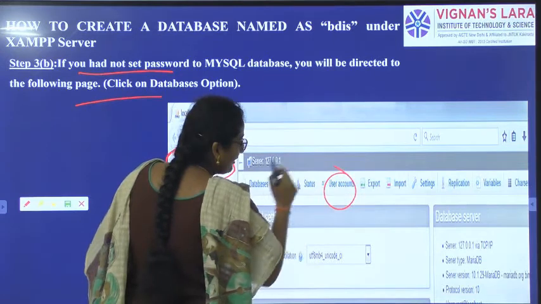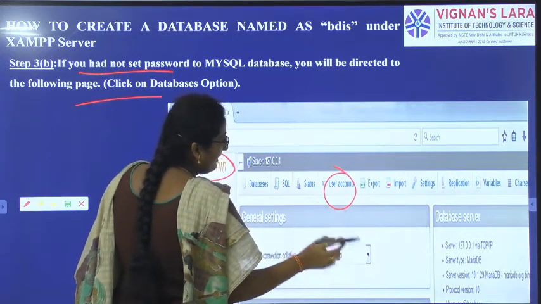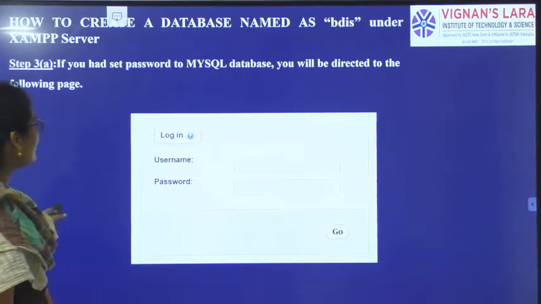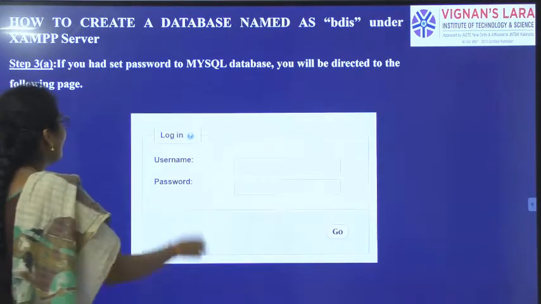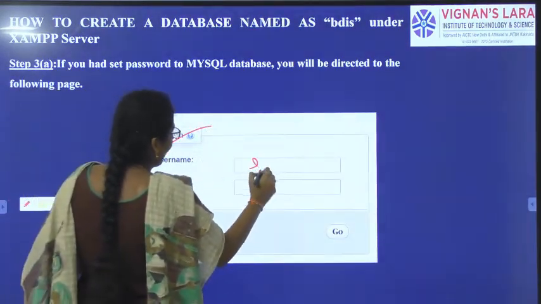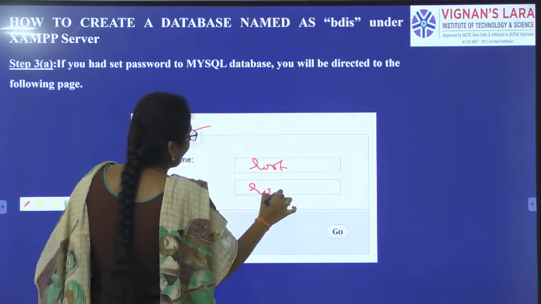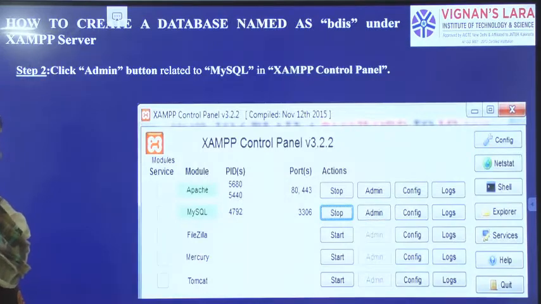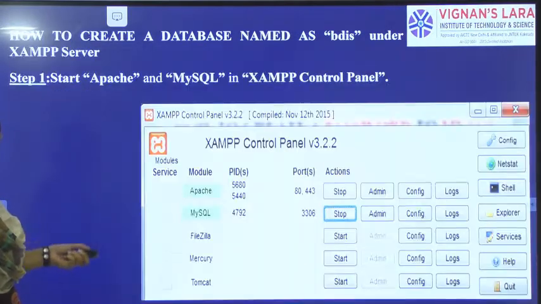There you have to click on user accounts, click on edit privileges, and change the password. Otherwise, if the password is already set, you will be directed to the login page where you can give the username and password as root and click on Go. So first you have to start Apache and MySQL.